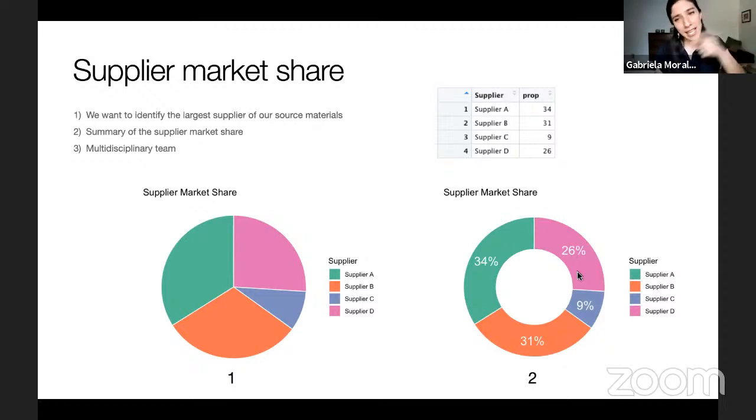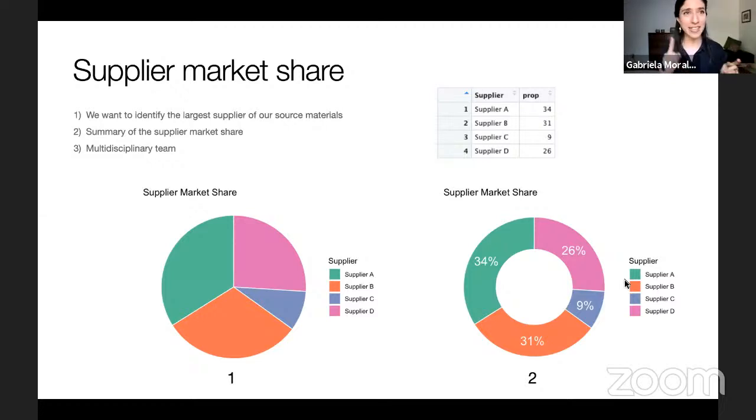So if that's the case, this is better because you actually get the numbers. You can see what's the percentage, and this is better. So most of you were right in choosing this one, but still, it's the same point about how we can't compare these amounts as easily as a bar.